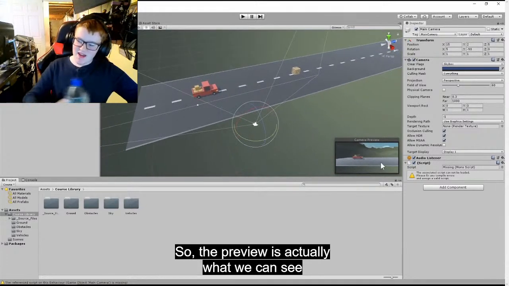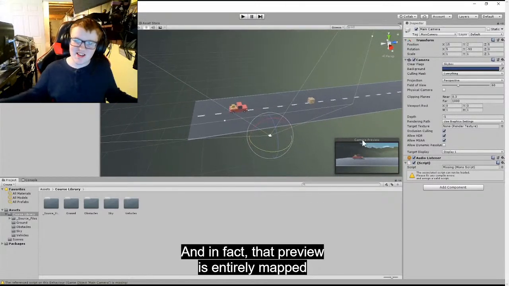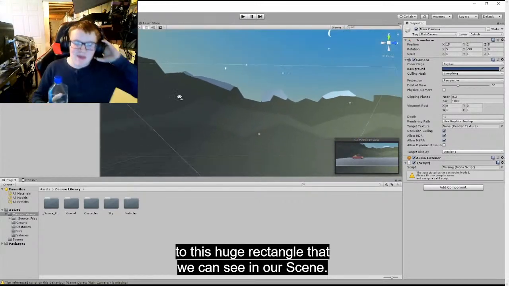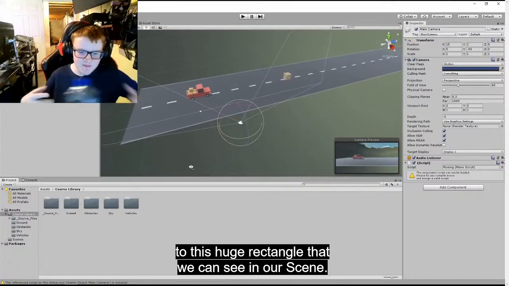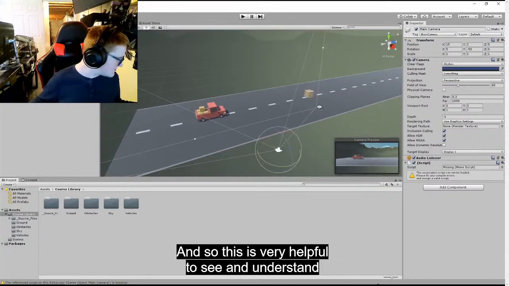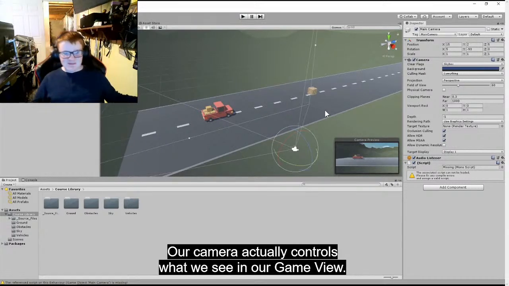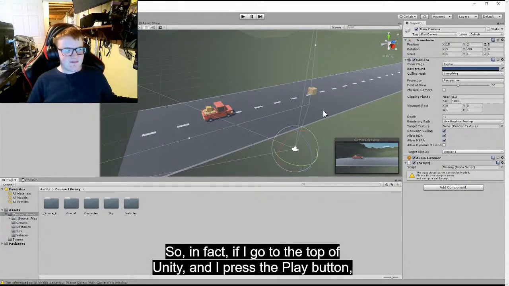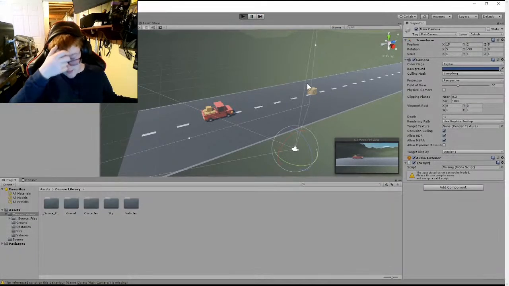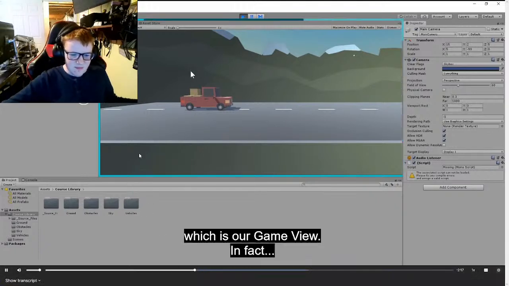The preview is actually what the player will see in our game. And in fact, that preview is entirely mapped to this huge rectangle that we can see in our scene. So this is very helpful to see and understand what the player sees. Our camera actually controls what we see in our game view. So, in fact, if I go to the top of Unity and press the play button, you can see that our scene view changes to this view here, which is our